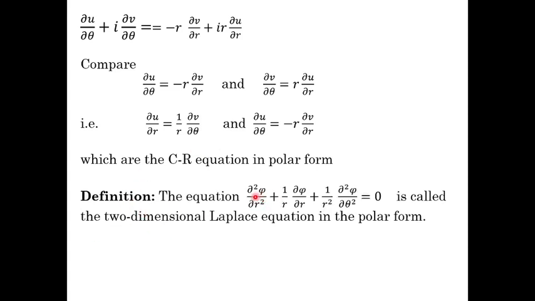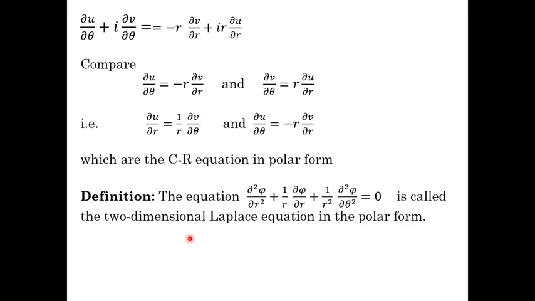Now one more definition. Here, dou square phi by dou r square, dou square represents the second order partial derivatives. We have already seen the second order partial derivatives in the Cartesian form also. In that case, we also call it the Laplace equation in u and v. Laplace equation in u and v means a harmonic function. Harmonic function means what? Here we have the harmonic function in Cartesian form and also in polar form. What is the harmonic function in the Cartesian form? A function f that satisfies the Laplace equation is called a harmonic function.